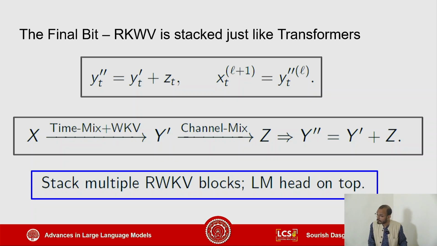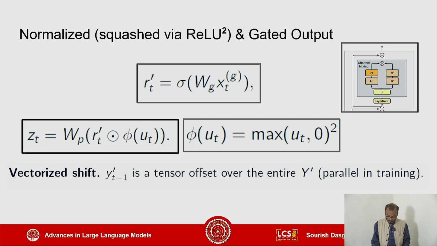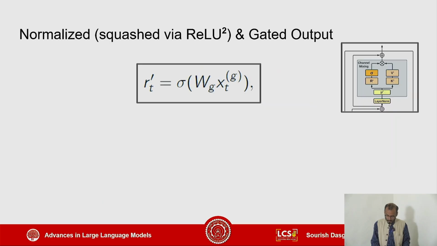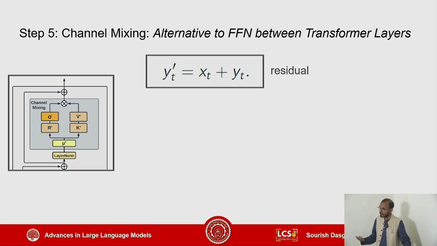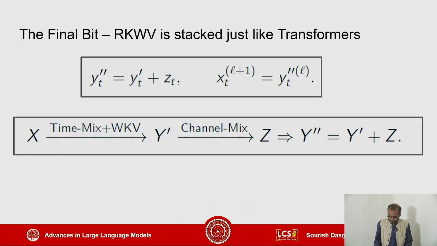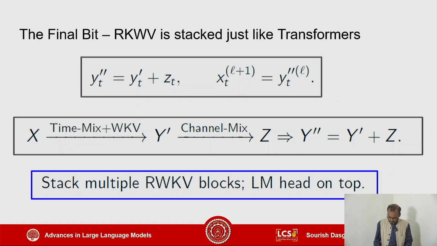At this level, yeah. And before that, there was another one, right? Before you started with the final, before sending it into your so-called FFN, which is this thing, you actually do yet another residual and then you send it. That part is pretty similar to transformers. Okay, so yeah, so far any question?